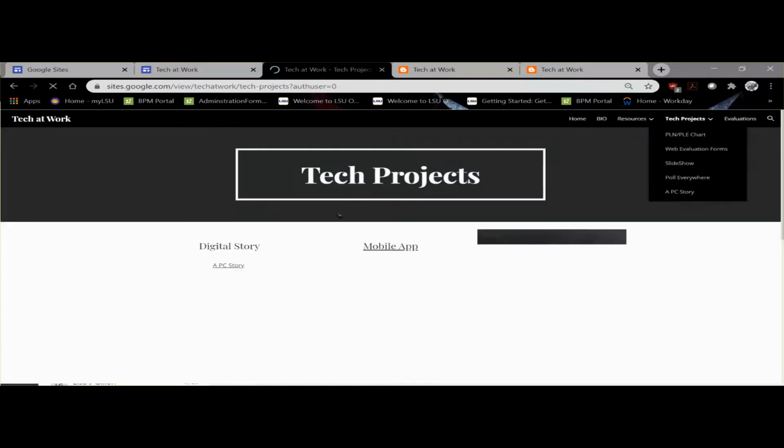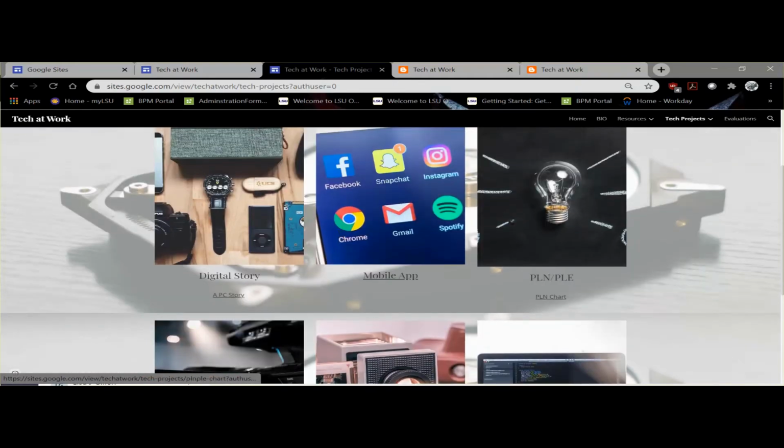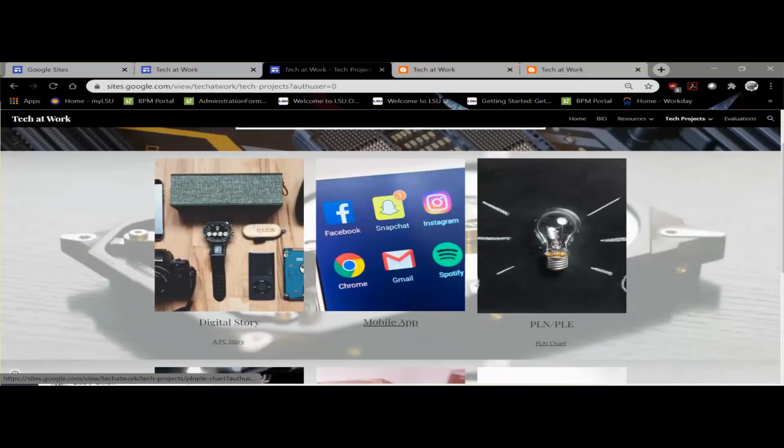The tech projects. The first one that I wanted to talk about was the PLN PLE.